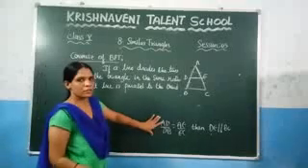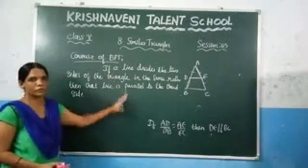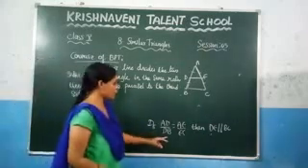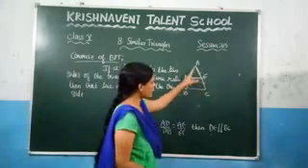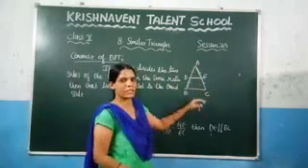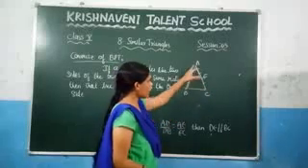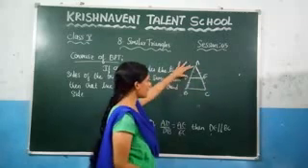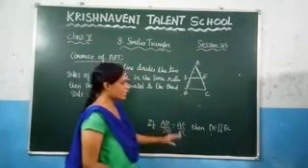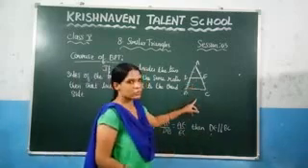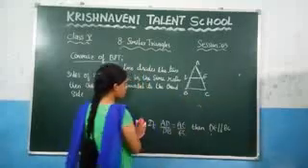The same thing we have written in the form of words. So if AD by DB is equal to AE by EC, that means if a line is dividing the other two sides in the same ratio, let us consider that line as DE, and DE is dividing AB and AC in the same ratio, that means AD by DB is equal to AE by EC. Now, if the condition holds, then we have to prove that line is parallel to the third side. What is the third side which is left out here? BC. This one you need to prove.